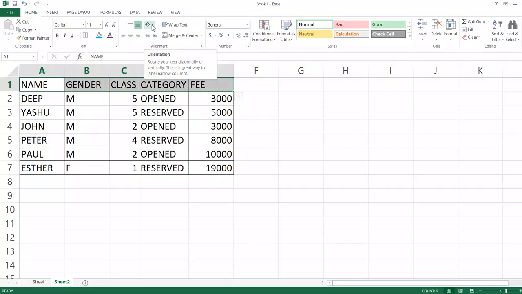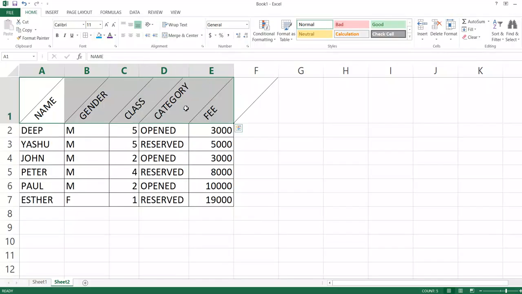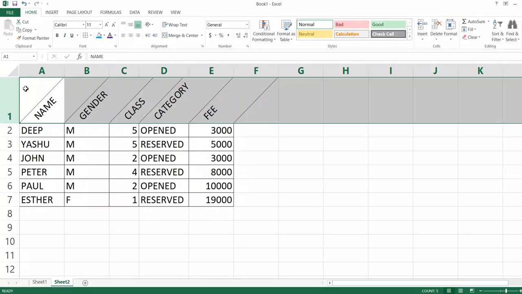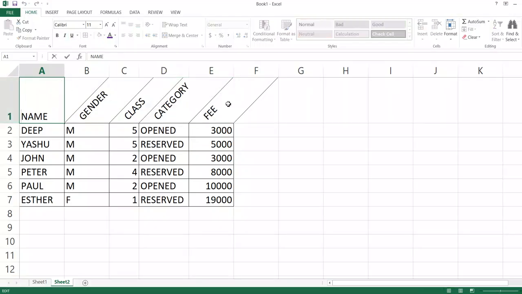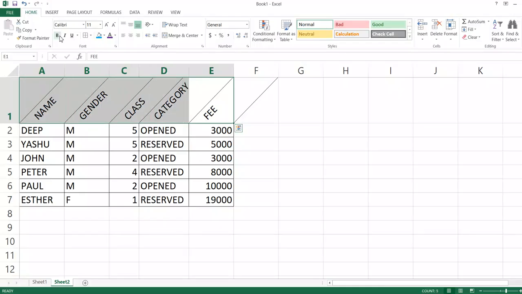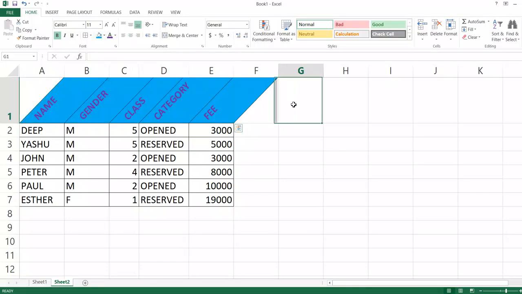You come here, you go to orientation, you click, you choose the first option. Okay, that is it. So if you don't want this, you can choose a different option. We can also maybe want to make it bold. You can give it some background color, and then want to give it a background color of this. So that is basically how you can actually slant your